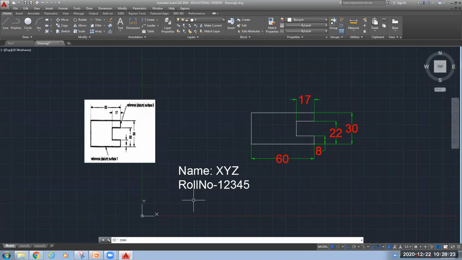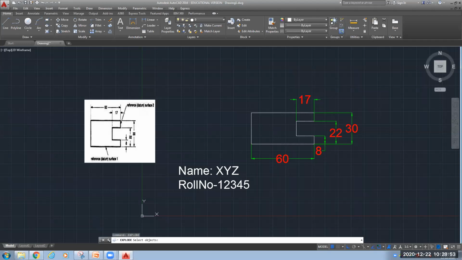Explode, previously I used zoom, before that mtext, before that erase, dimension, dimension style. So whenever you need to give repetitive commands as a shortcut key, you can just press the up arrow. The command you have used previously will come on your command line.